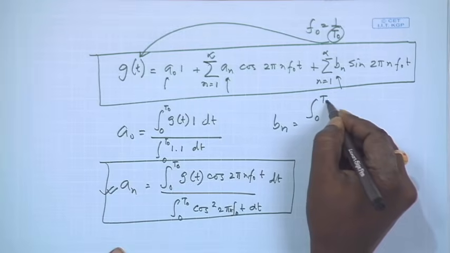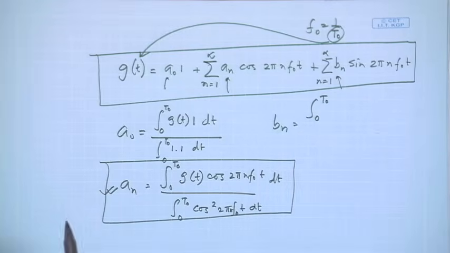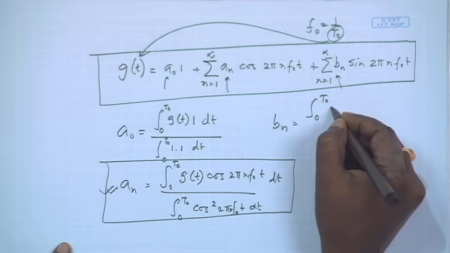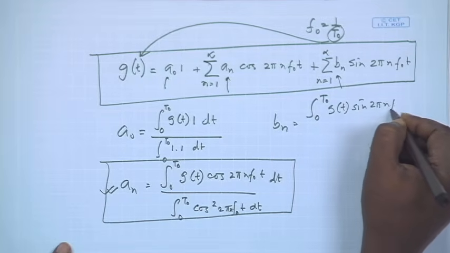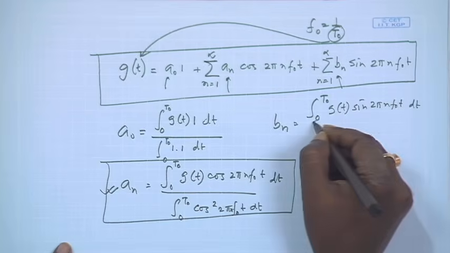So, the integral is from 0 to T0, or it can be from minus T0 by 2 to plus T0 by 2, whatever it is, it should be over that single period. The result will be the same. So again g(t), this time multiplied by sin 2 pi n f0 t dt, divided by